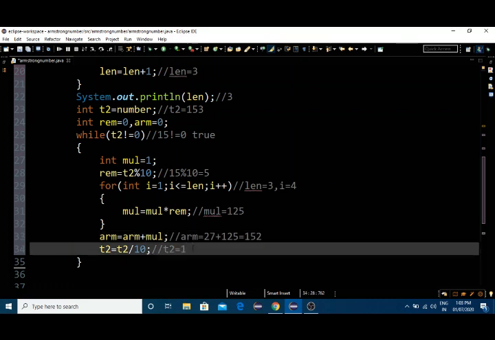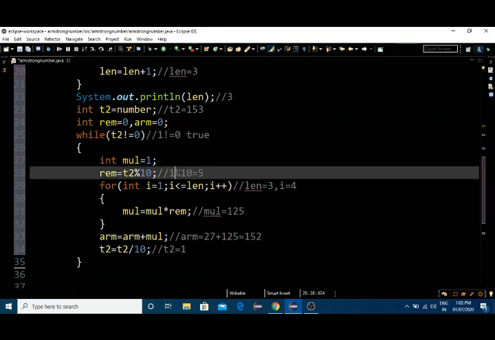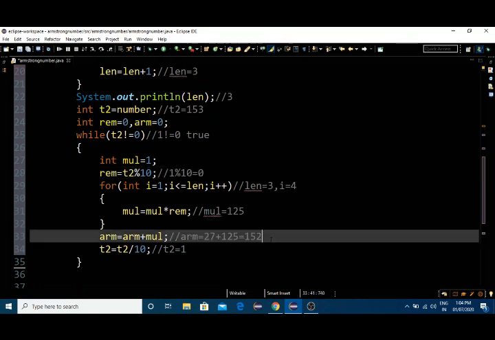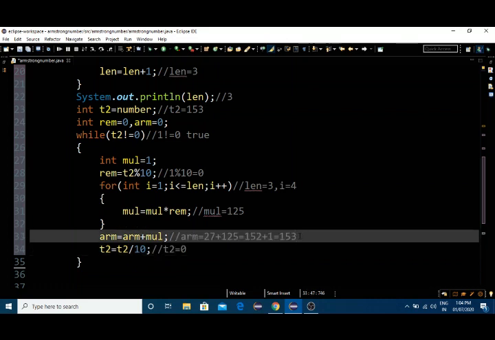Now the t2 value will become 1, and 1 is not equal to 0, the condition is true, and once again it goes inside. 1 modulus 10 is nothing but 1. The process goes on, and finally we get plus 1 for this, so we'll get 153. Then t2 will become 0, and 0 is not equal to 0 is false, so the condition fails. So we got 153 as the output.